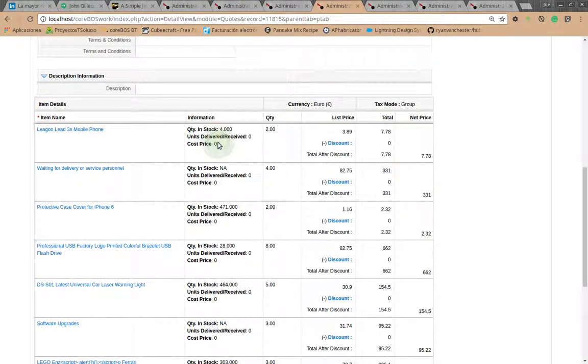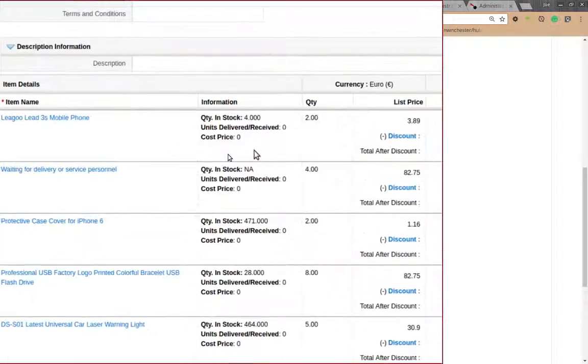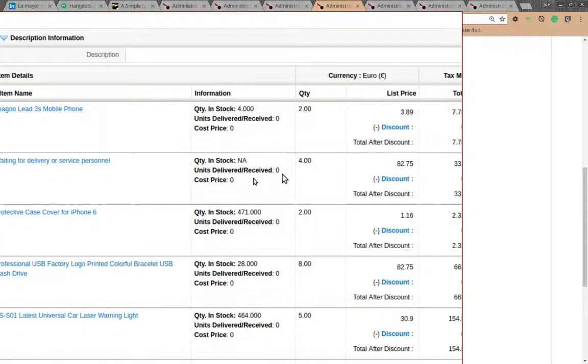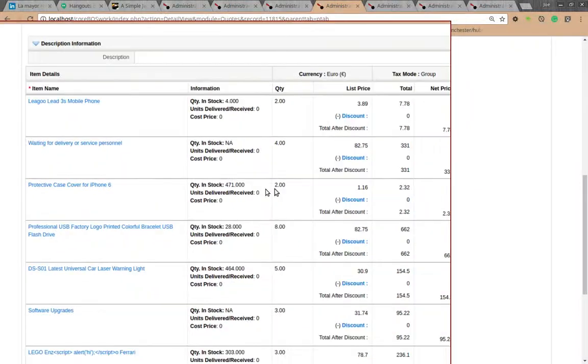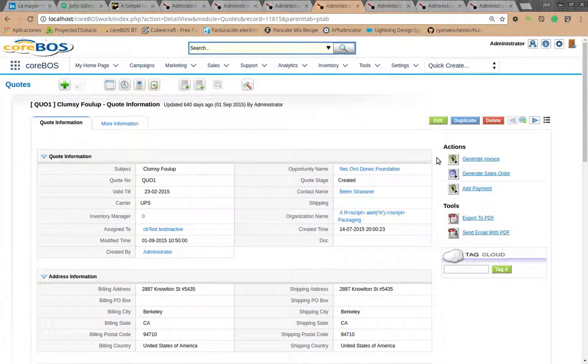Okay, you see here that I have, let me make that a little bigger so it's even better to see. As you can see, I have units delivered received and cost price added into the information line of each line. Okay, perfect. So now if I edit this record,